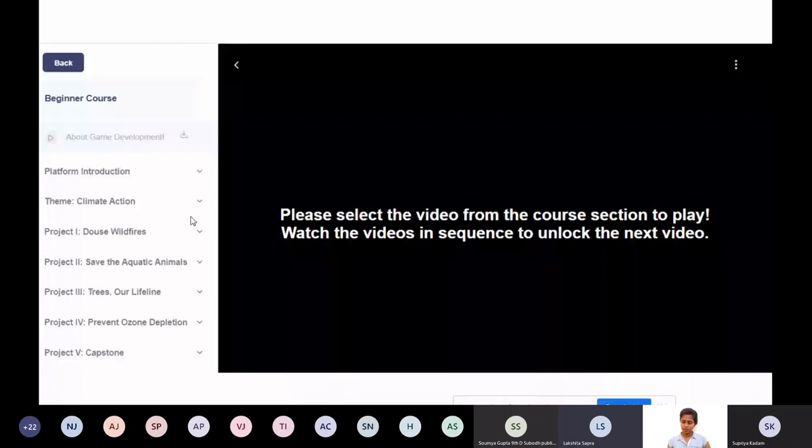So, I've even added a query, and the reply I got was to try once again and check the FAQs. So I did the same, but still the wildfires didn't work. The wildfire game, you followed the same instruction which was given in the video and it didn't work, correct? Yes, ma'am. Let me check that also.